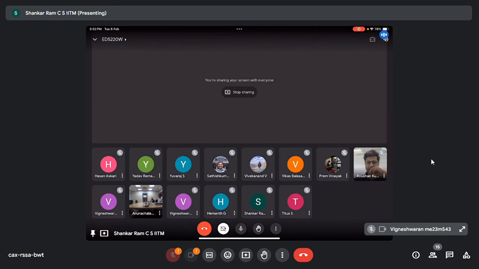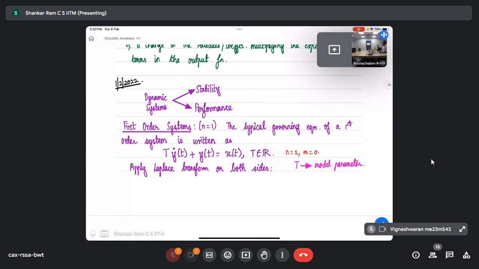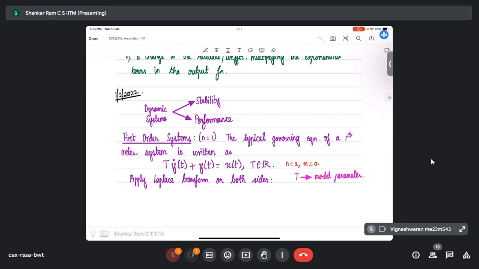So we will continue from where we left off. Today is the seventh class. So this is where we are, right? Let me just locate that screen. So we were looking at the notion of stability, right? As we discussed, any time we deal with dynamic systems, there are two things